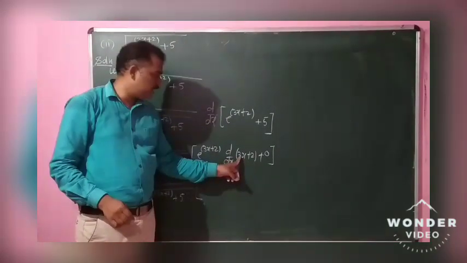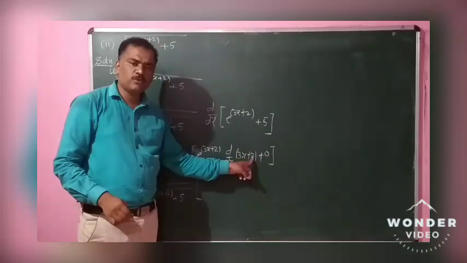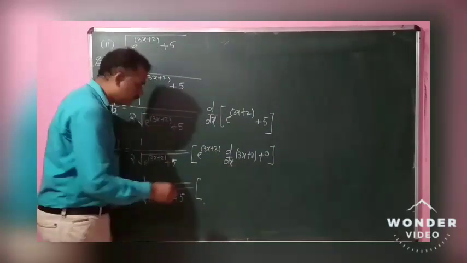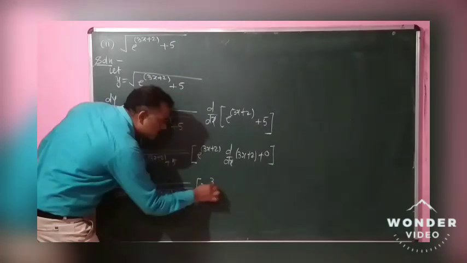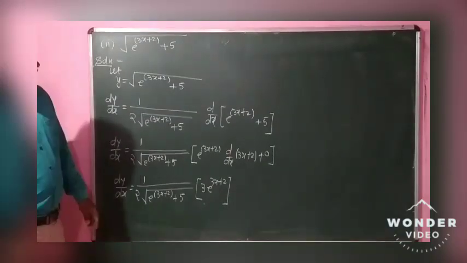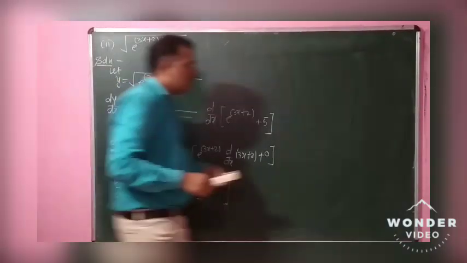Derivative of 3x is 3, plus what is the derivative of 2? 2 is a constant, so that derivative is 0. 3 plus 0 is 3, that is nothing but 3 into e raised to 3x plus 2. Okay, we can write this answer like this: